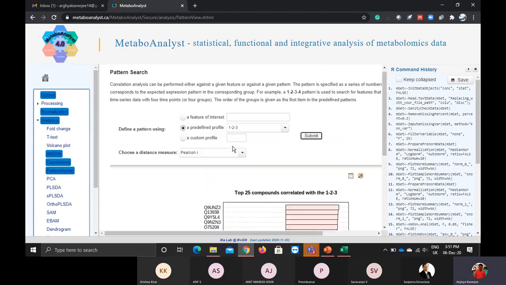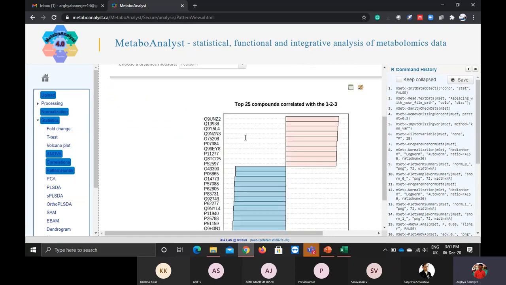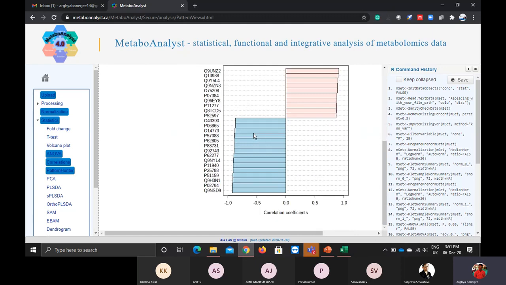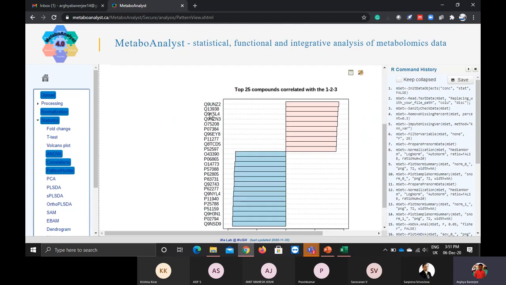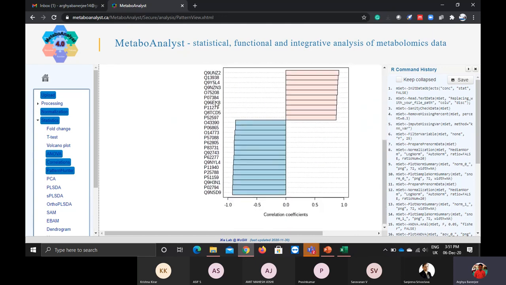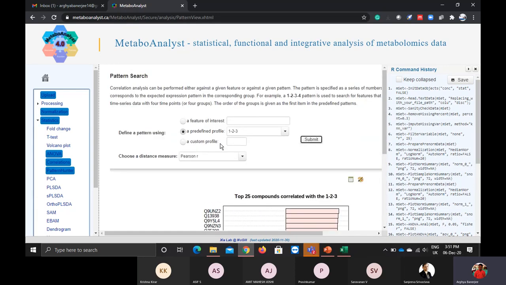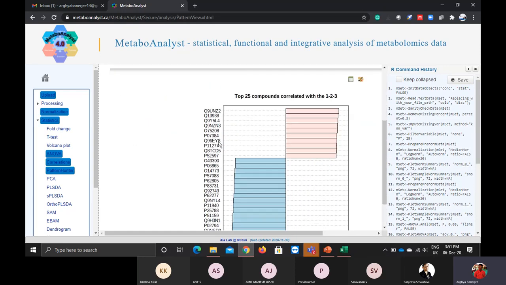Yeah, see, if I type 1 2 3, then you can see it separating the top 25 compounds. These proteins show a similar trend in their correlation coefficient, meaning once the Pearson R correlation coefficient is calculated, these proteins follow the same trend across the individuals.